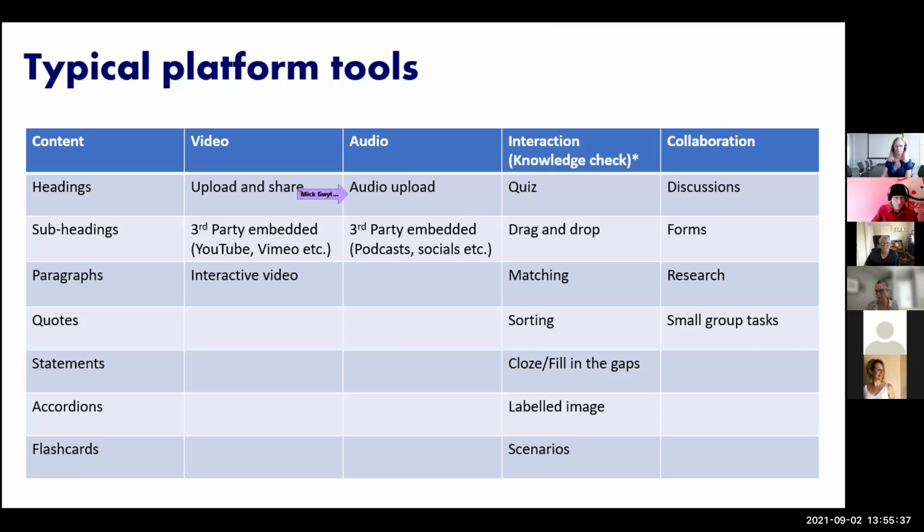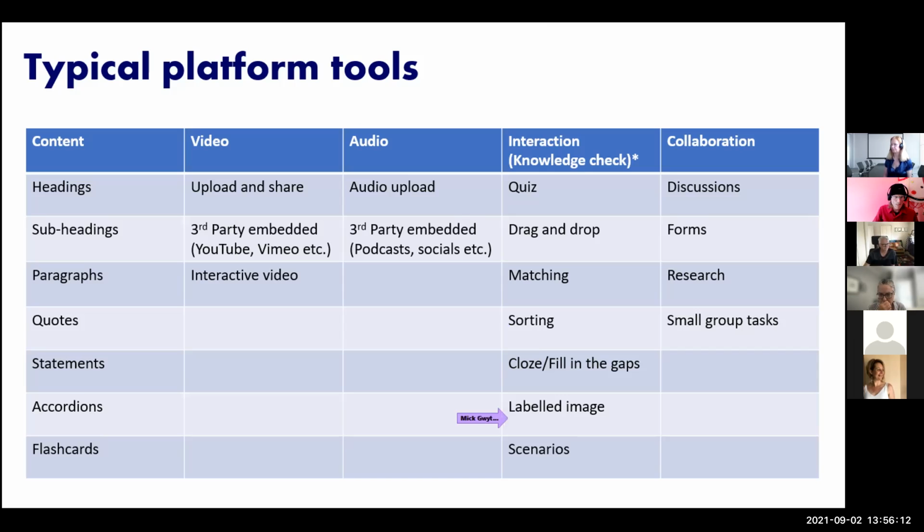And then in terms of interactions, we've got quizzes, drag and drops, dragging different concepts to match up. Sometimes they're called matching or sorting information. So you've got examples of tools, and students then sort them into electrical, hand, manual, automated. Close or fill in the gaps, which we saw earlier, or labeled image. It really depends on your platform, where you can put an image up and then put some interactive markers on it and let the learners select those to see a process or another way of providing information.